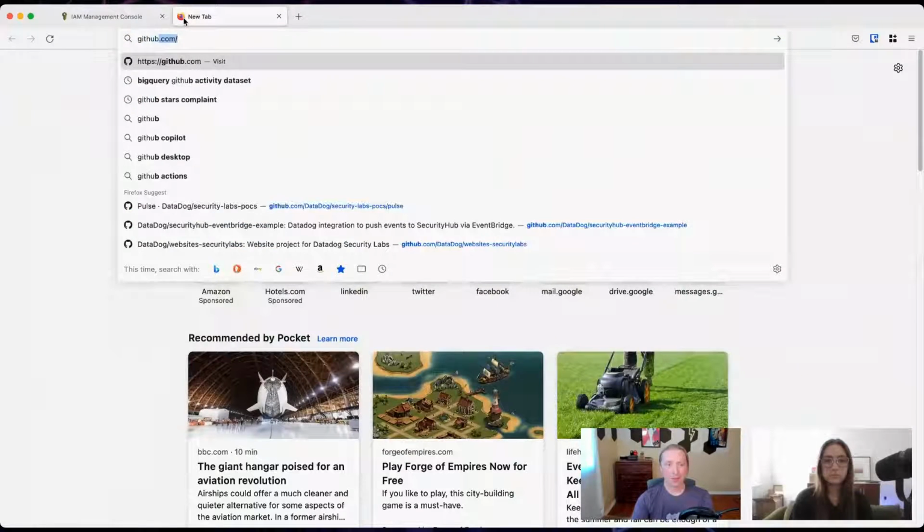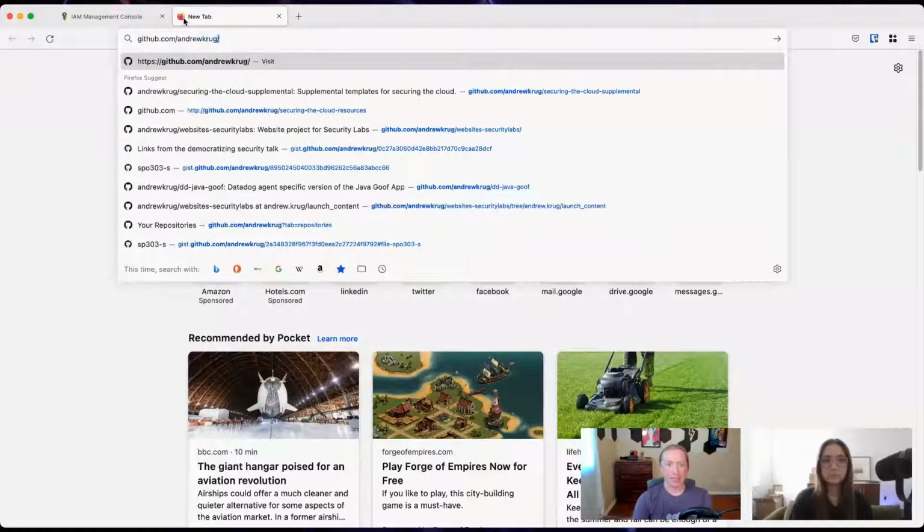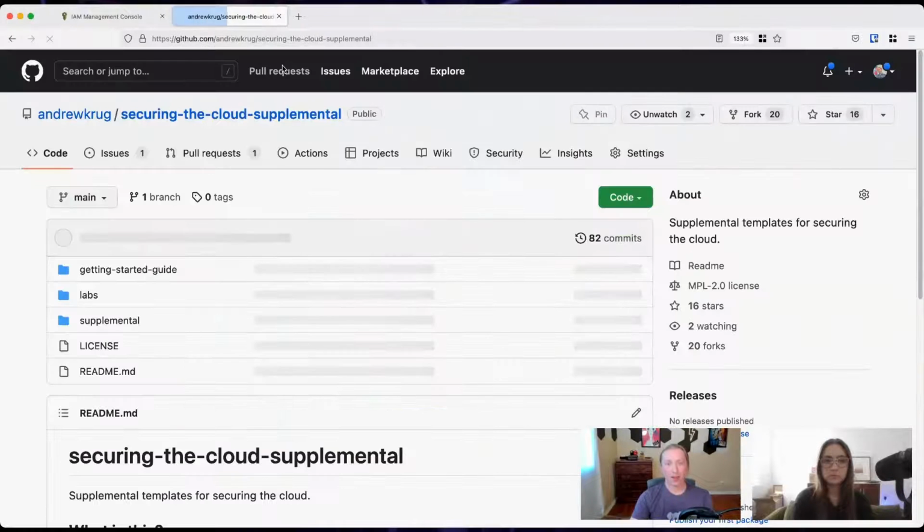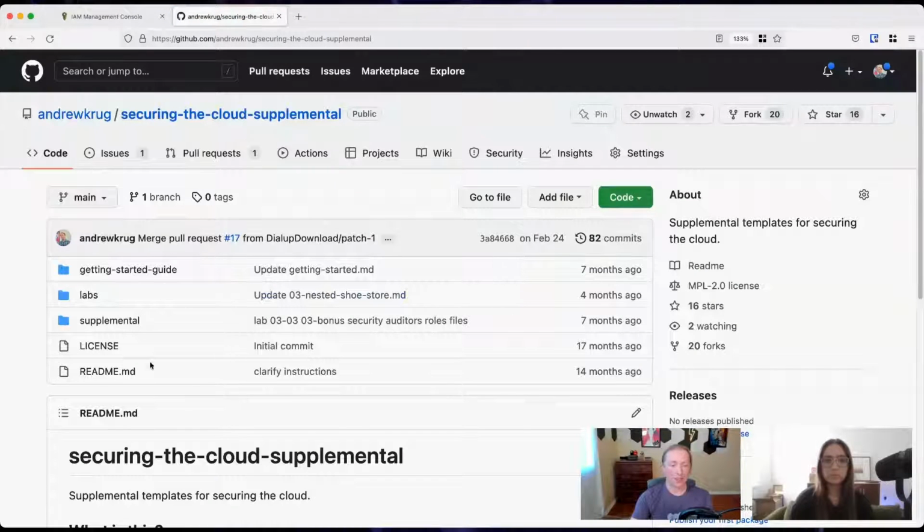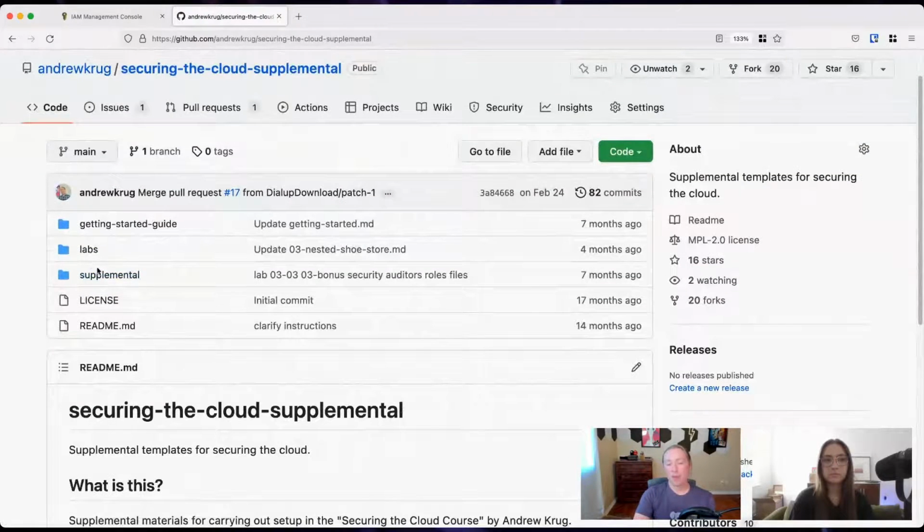So if that's something you're interested in looking at, you can pull those up on my GitHub. I may also throw out a link to this on my Twitter a little later on. This is where all the CloudFormation templates are. And these are made in a way that if you do take the cloud security class and later on you want to use that as the basis of something to implement at work, you at least have a really good starting point or a solid foundation that you can build on.